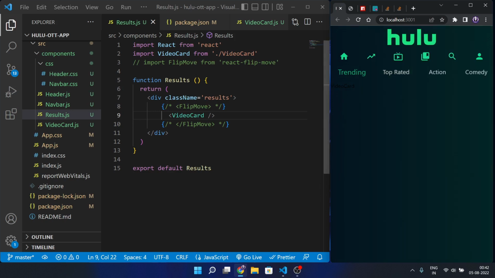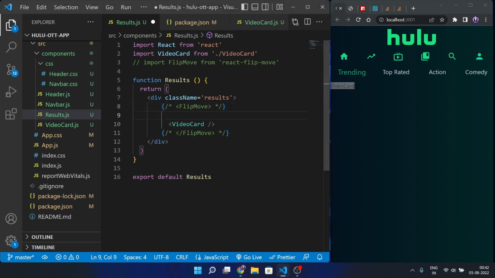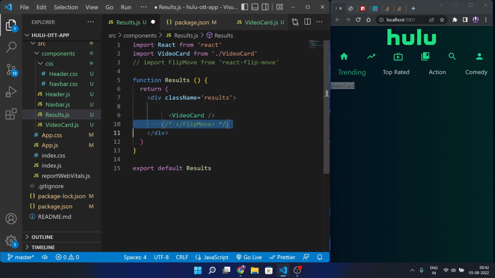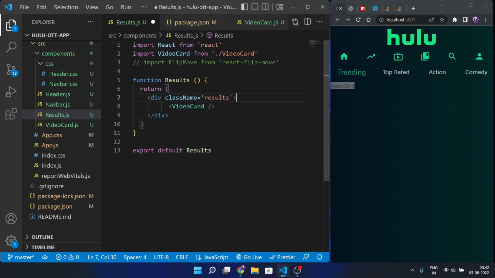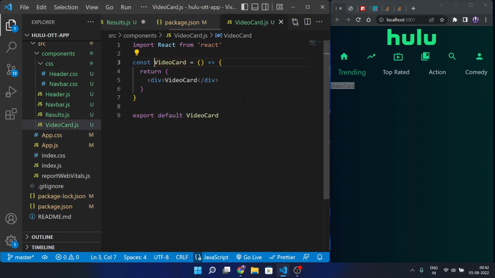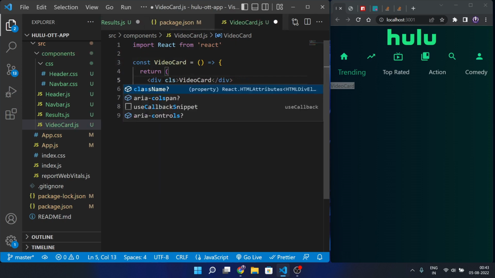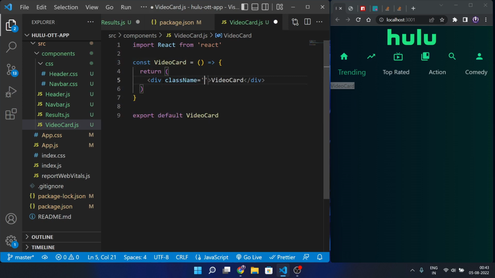So this is the video card that is coming here, and we just want to create this video card like this. We just want to implement this video card for the 20 video cards we just created here. We will make it later for the 20. First of all, let's create a video card for the one, and then we will map it for the rest of this 20. So let's create a class name. Here we give the class name video card,